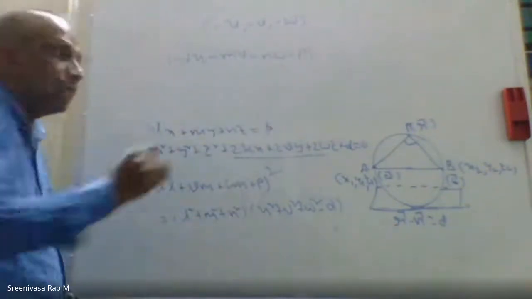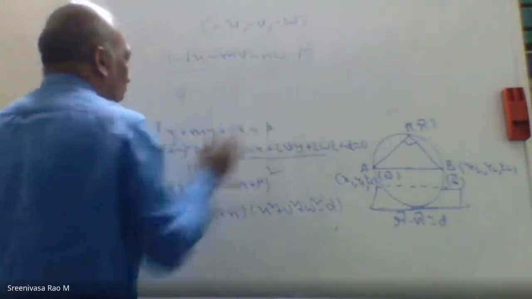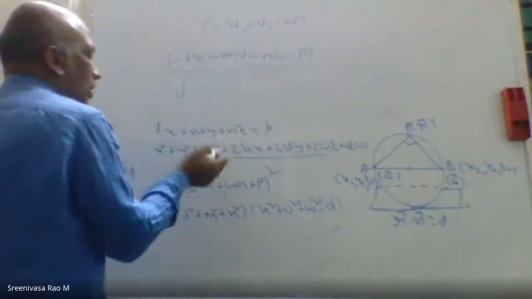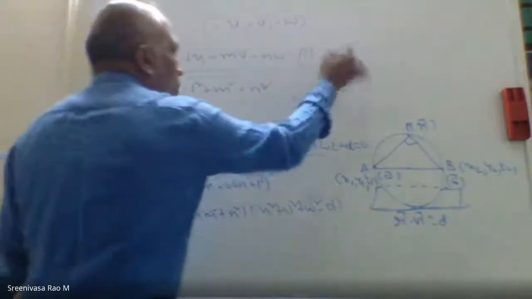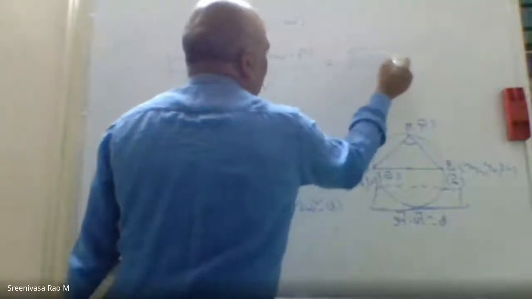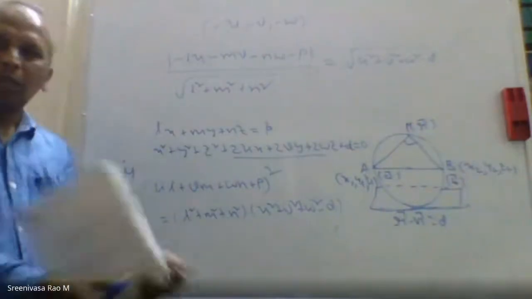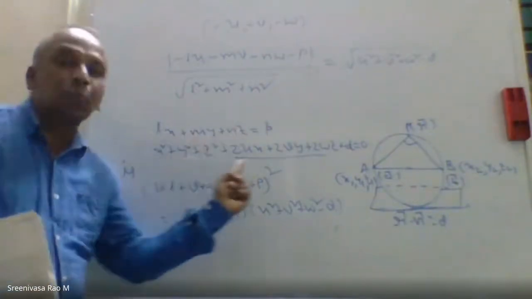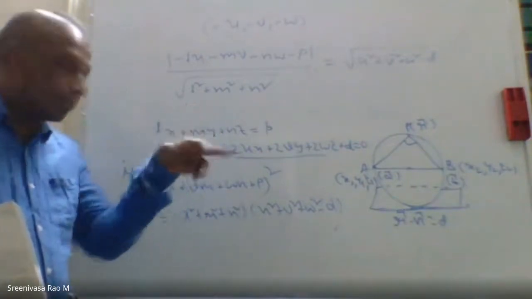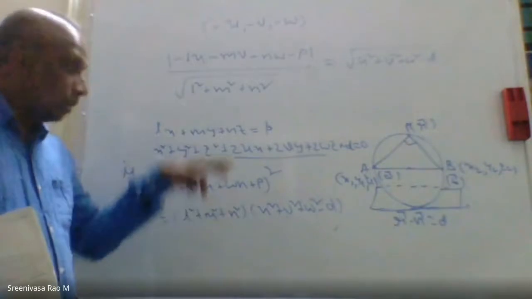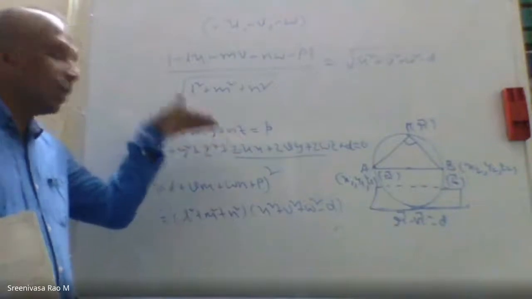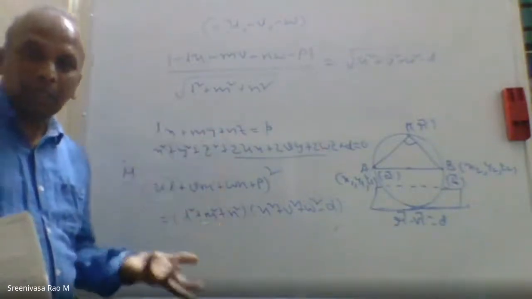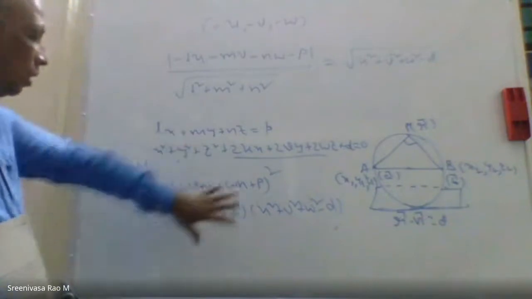Because you are thinking about perpendicular distance, divided by the root of l square plus m square plus n square, which is equal to, you will get, root of u square plus v square plus w square minus d. You should not worry about remembering this. What I'm telling is, this is the plane, this is the sphere. The distance from the center to this plane is equal to the radius of the sphere. Then this sphere touches the plane. That is the condition for tangent. So that is all I have written here. You can see here, this you need not learn by heart.